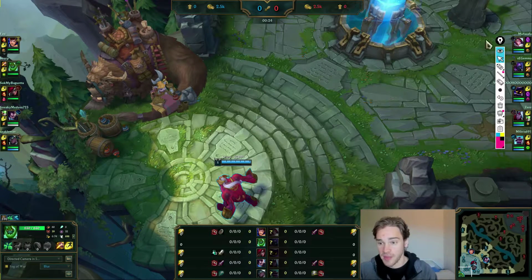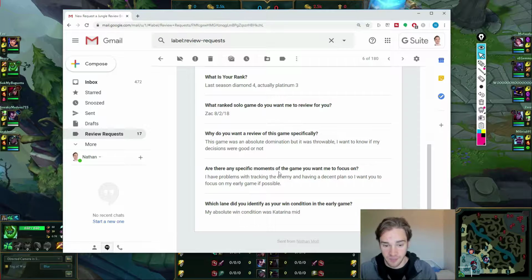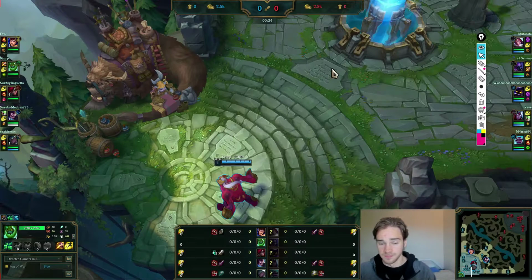Now, let's talk about win conditions. So you did say here, Katarina mid. And obviously Katarina's a great win condition. She's a super snowbally champion. But the way that I view tank junglers and Zac, you are the win condition in a way by being this huge front line and